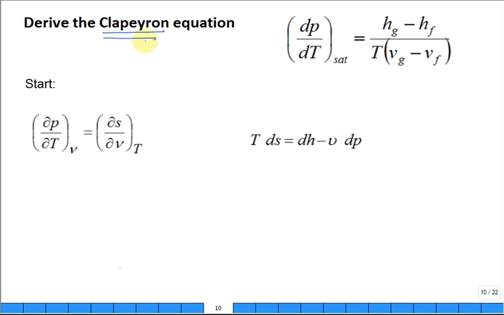So the Clapeyron equation, let's just look at it. Here it is. It's how the pressure changes with respect to temperature along the saturation curve. In your mind, put out a PT diagram. This is one of the most important plots in all thermodynamics. You saw it in chapter 3 in Thermo 1. You were so impressed with it, you memorized it. You have a visual image in your brain. You could write it down now from memory. You could write it down 5 years from now from memory. And you could write it at the end of your engineering career from memory because it's so important. True? What does this plot look like?